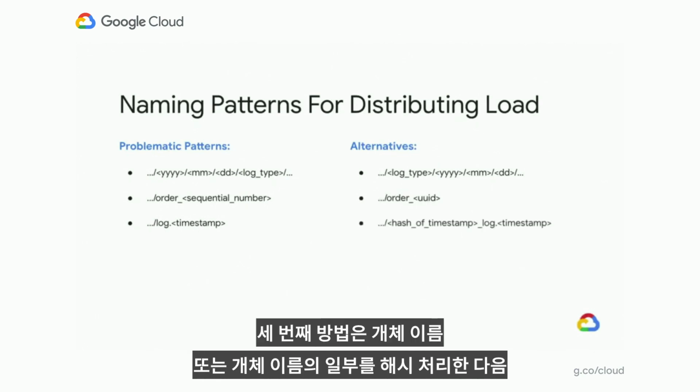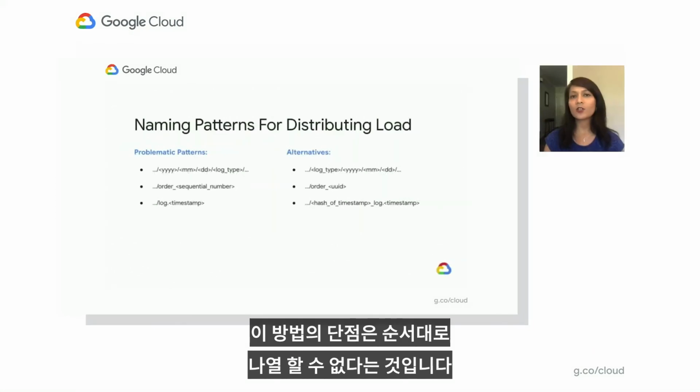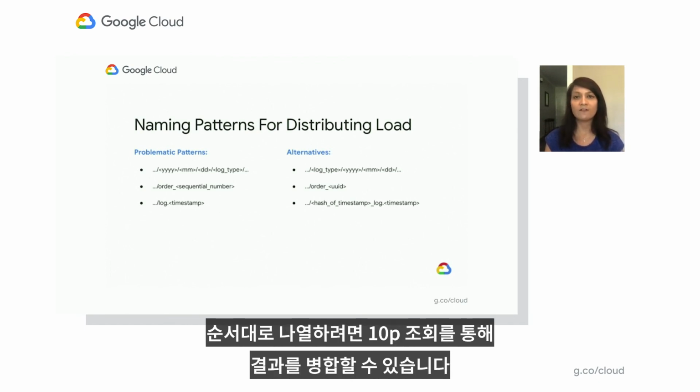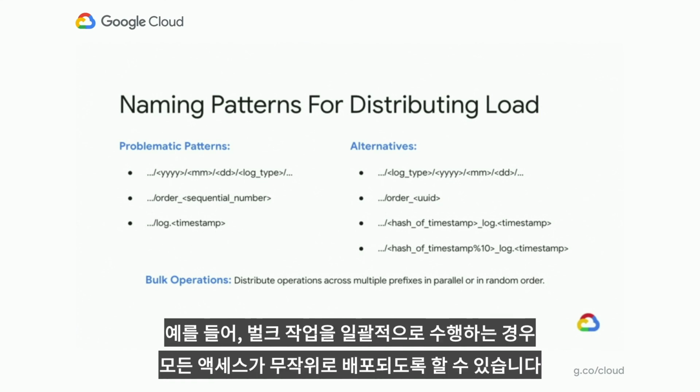And the third approach is to hash the object name or part of the object name and then prefix the object name with the hash. The drawback of this approach is that you cannot do in-order listing. So if you care about in-order listing, then you could map the hash to a fixed number, 10 for example, and then to list in order, you could do a 10-way lookup and merge the results. And finally, I want to add that you don't always have to change the object naming scheme. In case of bulk operations, for example, you could simply make sure that all your accesses are distributed randomly and